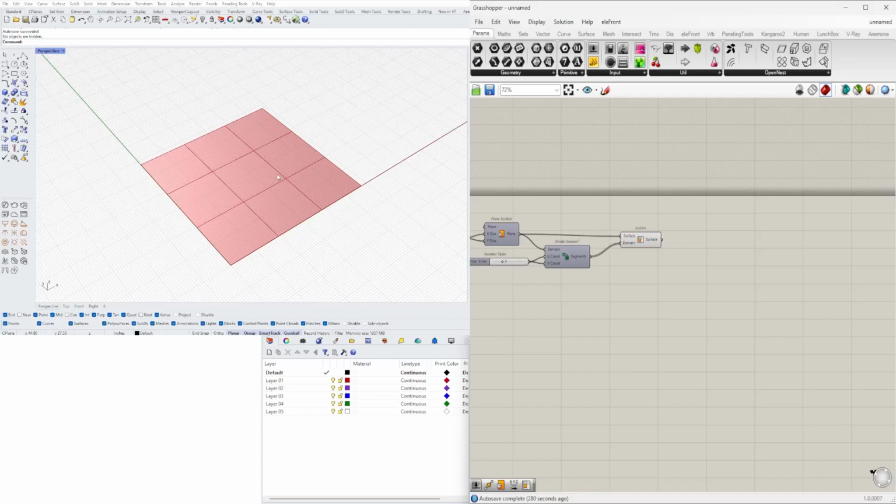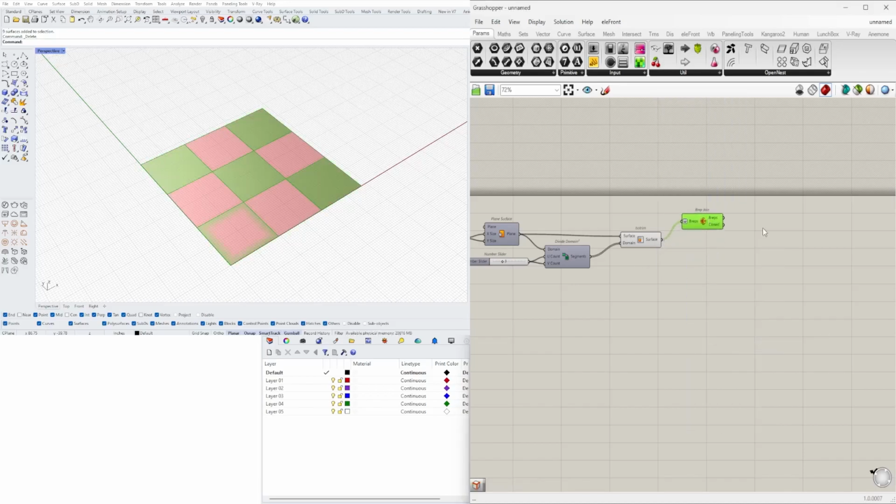Now the technique we're going to use is taking the line segments that are here, shrinking them down. But what happens is at this moment, if I were to bake this, these are separate surfaces, which means that we're going to have overlapping or redundant line segments here. And I can tell that because when I bake it, it will have a surface in each one here. So to make sure that we only extract one line segment per location here, we need to join it first. Going to brep join,